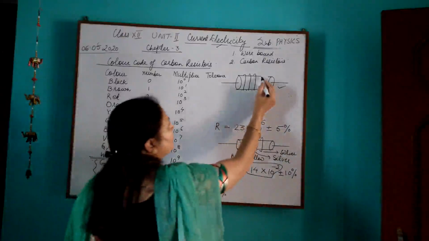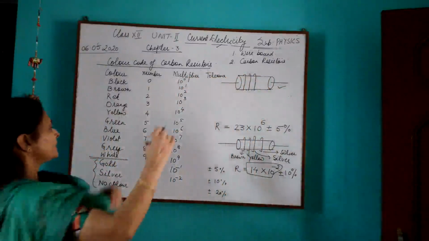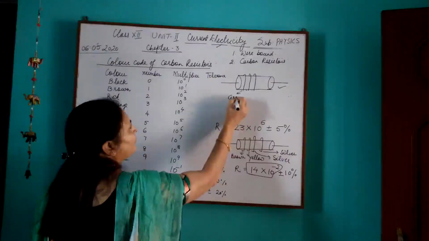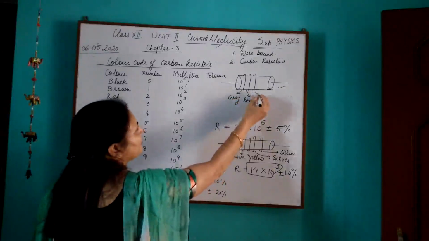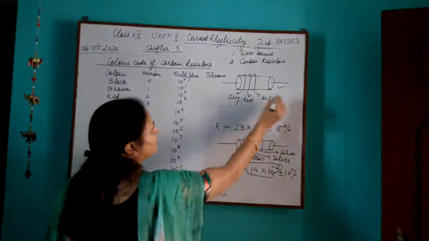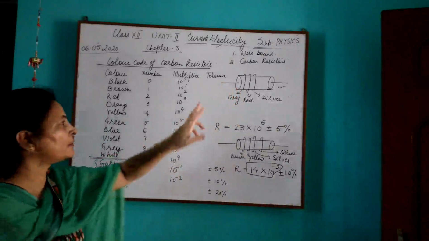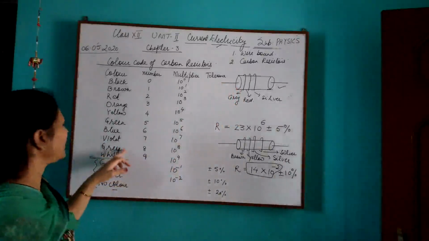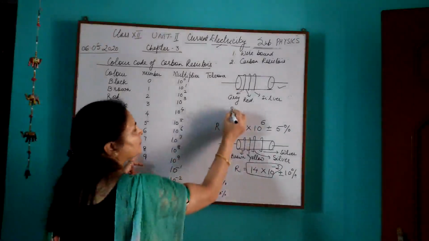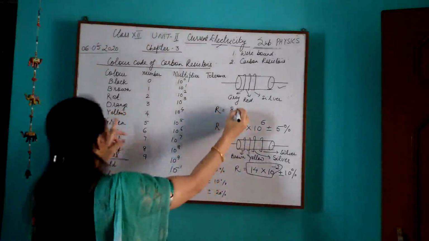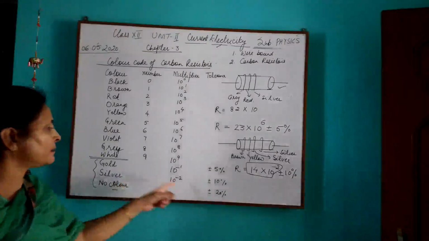Suppose there are only 3 rings. The fourth ring is absent. So let us consider, say this is gray, say red, say silver, and the fourth ring is absent. So the first two colors, gray and red. Gray is 8, red is 2, multiplied by 10 to the power silver is -2,